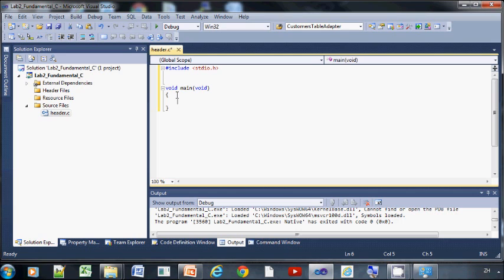Next, we can include a print statement. This print statement can also be found in the standard I/O library, and therefore we do not need to include another header file again. Say we print hello. If we run this program,